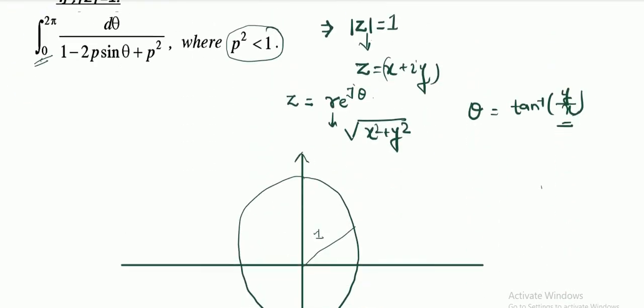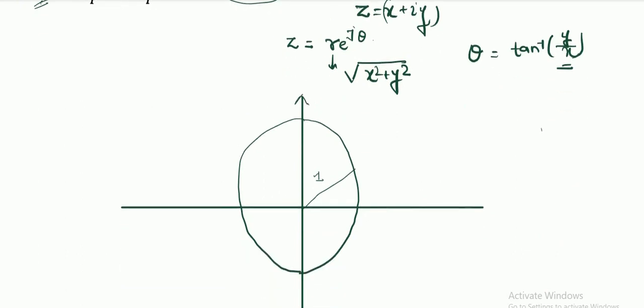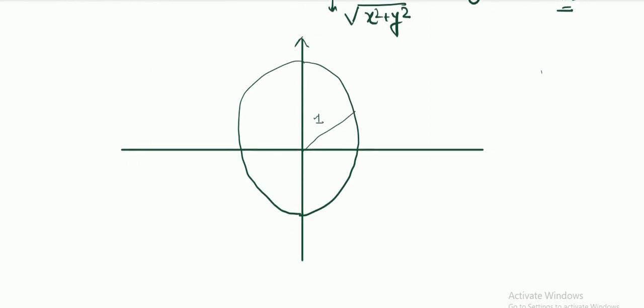So we will have to solve the required integral, that is the integral from 0 to 2 pi of d theta by 1 minus 2p sine theta plus p square, by using the integral method of complex analysis. And we will also use the domain of the unit circle, that is mod of z equals 1. So let's proceed with this question. This is a very good question, I think. What is the value of the integral we have to find? That is from 0 to 2 pi.